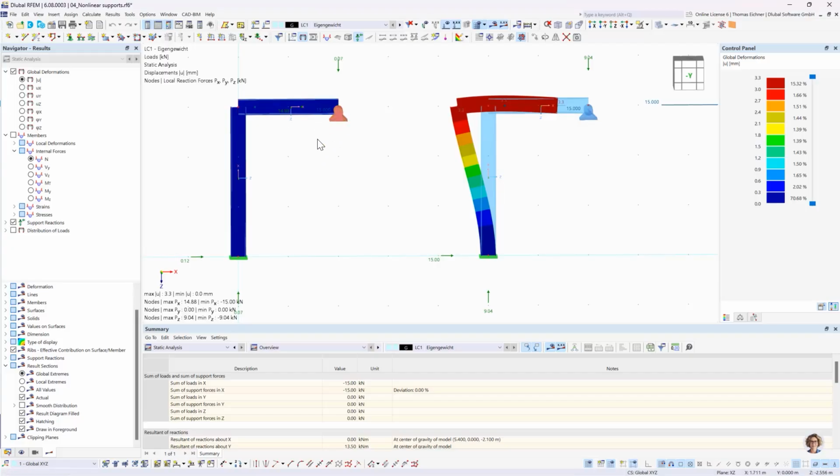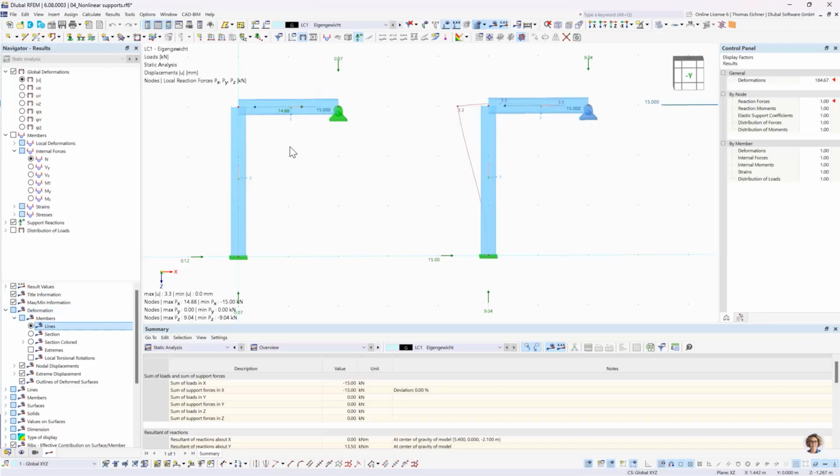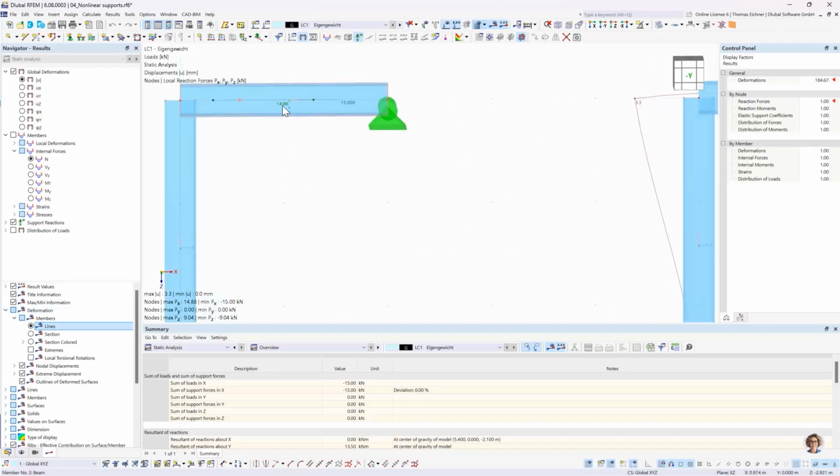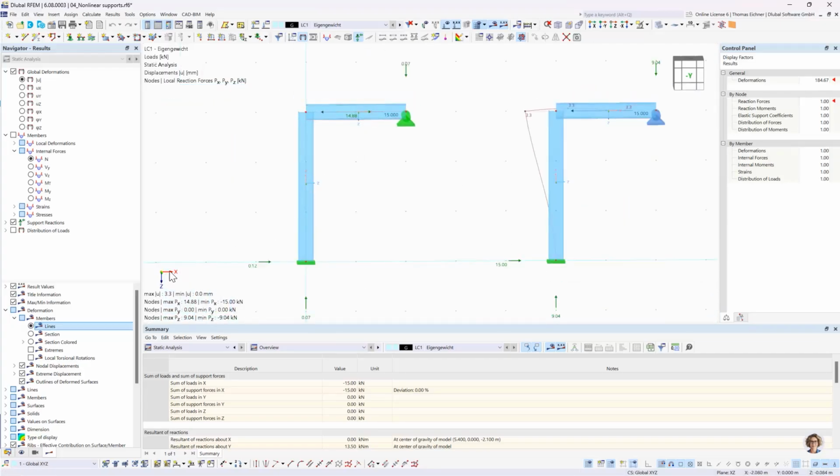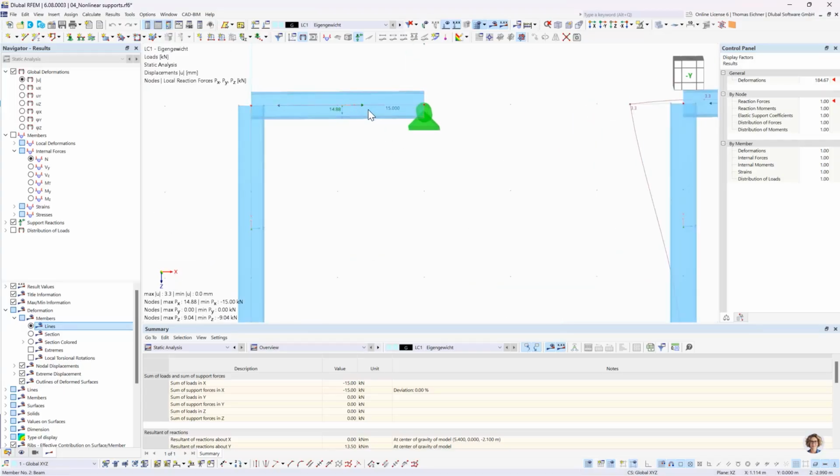support, right? Let's maybe just go for another visualization. We can adjust our deformations right here and go for only lines. This way we can see this 14.88 support reaction. The support direction looks in the positive x direction, but just as I mentioned, this is visualized as external force,